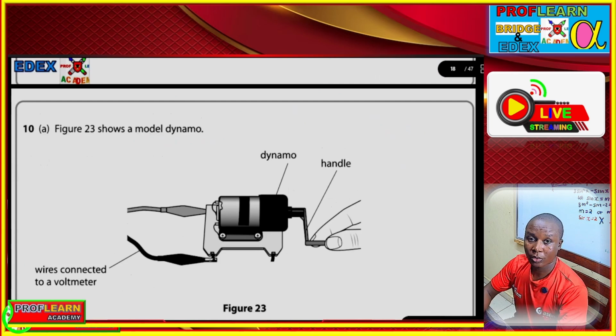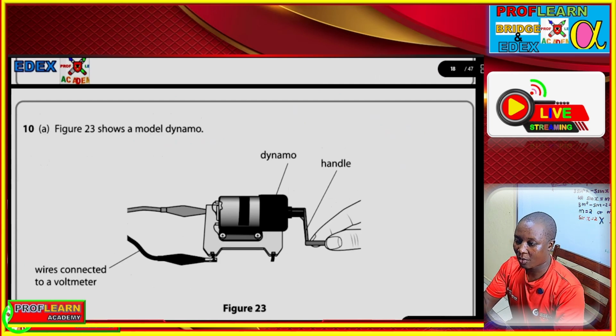Question number 10, we are talking about a dynamo, and a dynamo, of course, is a device that, when rotated, can generate electricity, which is usually